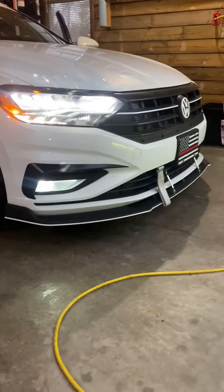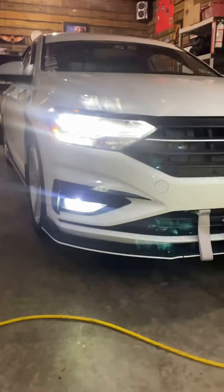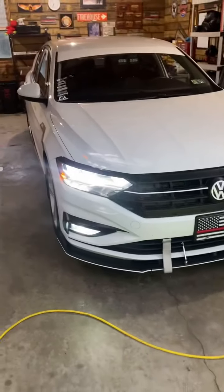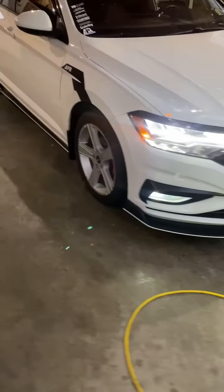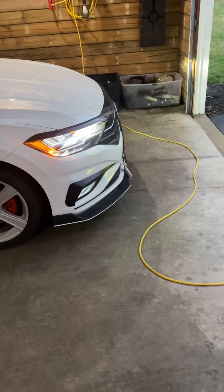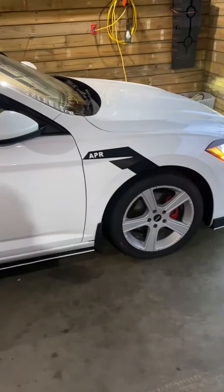The fog lights do not come on the base model Jettas. I did order those. I replaced the halogen bulb that originally came with them with an LED bulb. Trying to think if there was anything else I did before I get into the next part of the video. I mean, the eyebrows just give it more of a sporty look. I was going to make them white, but I figured I'd go matte black and have them stand out a little bit. Added an APR